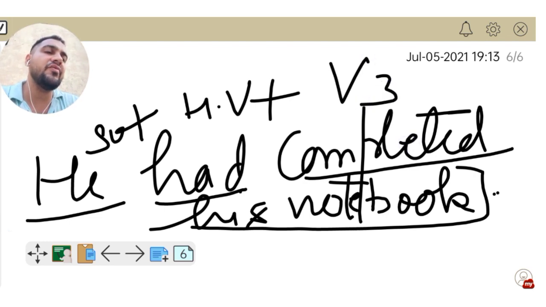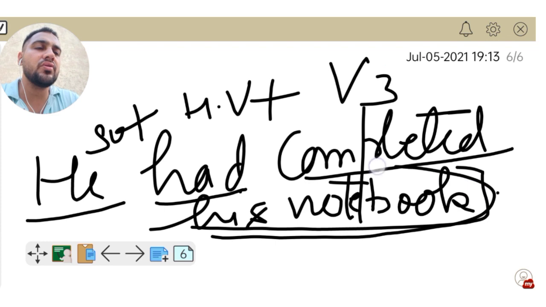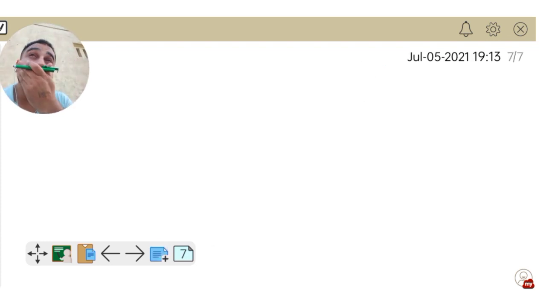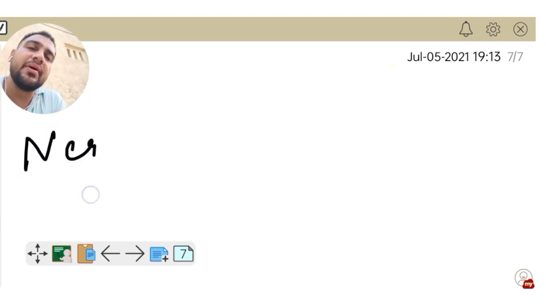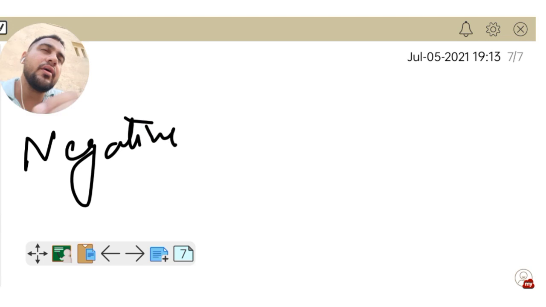This is the third form of verb here. Okay, and his notebook altogether becomes the object of the statement. Now after this one, we have to frame the negative statement. We need to remember one thing only in the negative statement. When we write the negation sign in the negative statement, it will come after the auxiliary verb, and the auxiliary verb in this case will remain had.